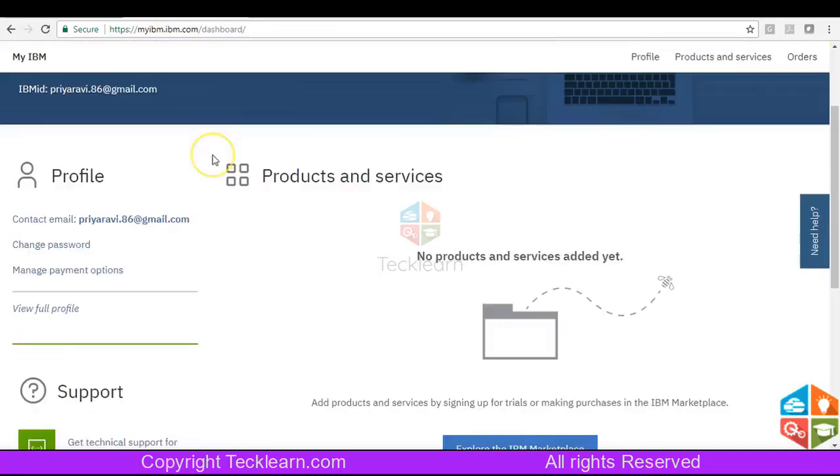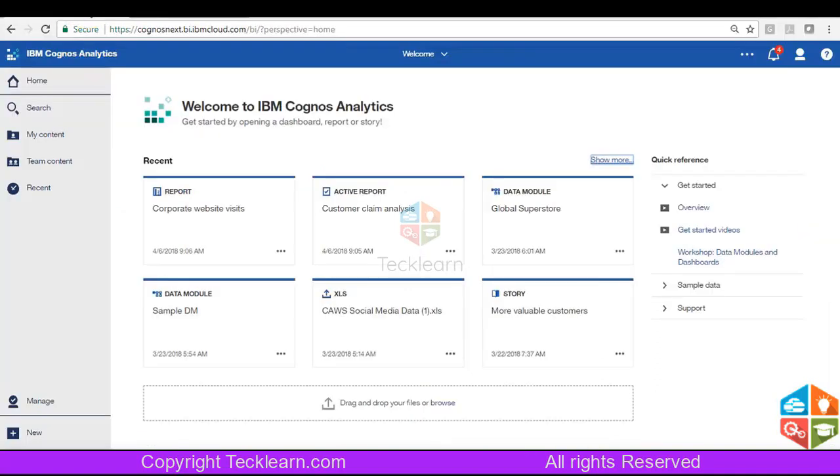You can create your IBM credentials, and it is on a cloud. It is not like you're going to download and install it. You just need your IBM credentials in order to log into your cloud version and connect with Cognos Analytics. So this is the new interface. As I said, you don't have any kind of separate studios like Query Studio, Analysis Studio and all. Everything is going to be under this one roof.